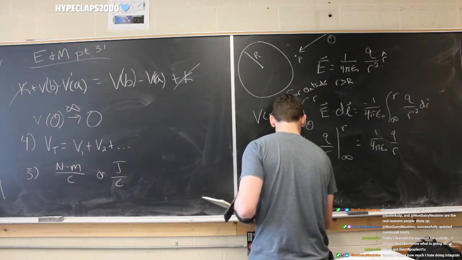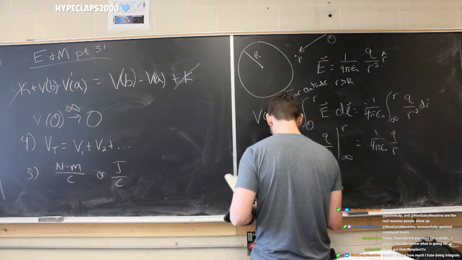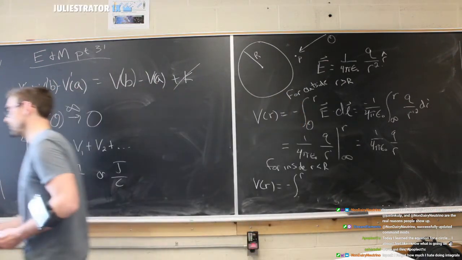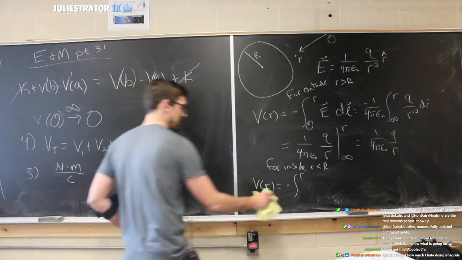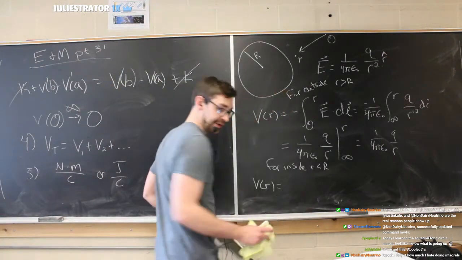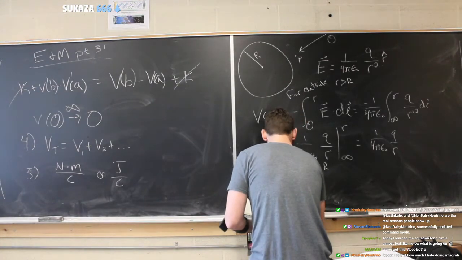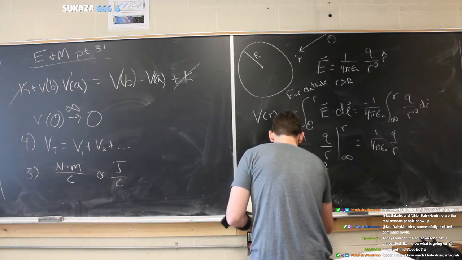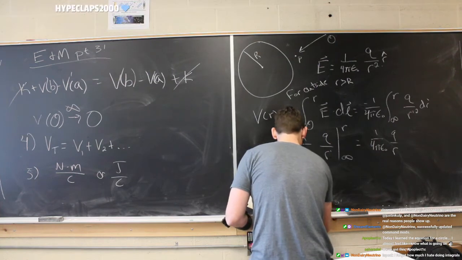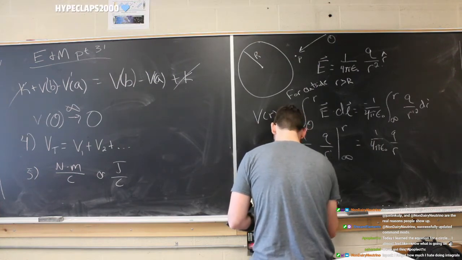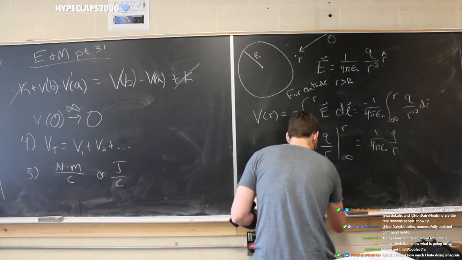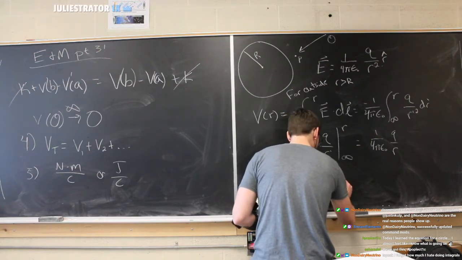Actually, we can skip the first step because we know we have to split it up. So let's just skip writing out that same integral again, and write the split integral, like I have in my notes. It's negative 1 over 4 pi epsilon naught, the integral from infinity to r of q over r prime squared dr prime.